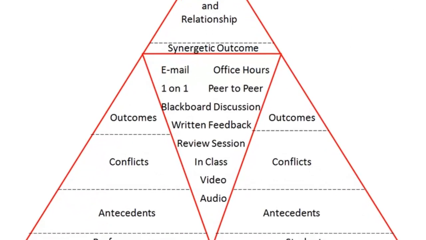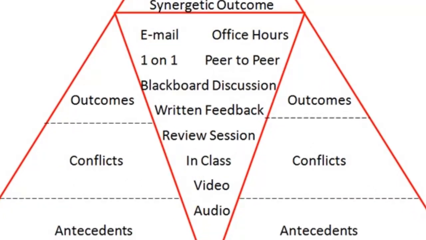The middle of the pyramid represents the different means that students and professors use to give and receive feedback. Although there are a number of different techniques, each one is valued differently. Across our interviews, we discovered that students have different preferences on the ways they receive feedback. We will discuss these preferences in greater detail throughout the presentation. These means are: